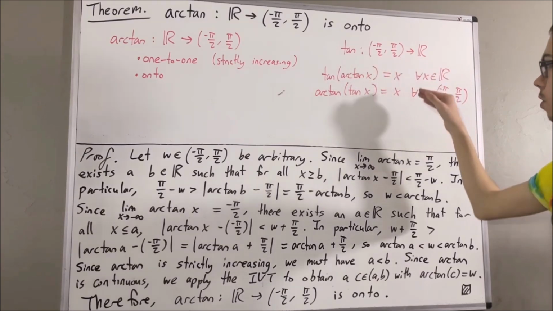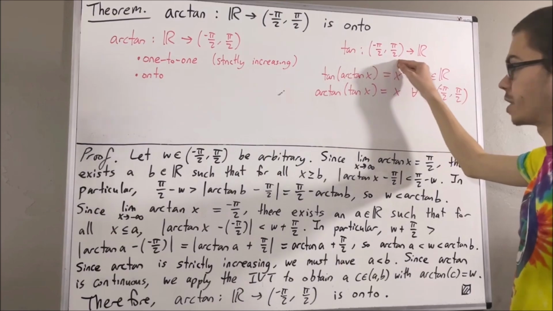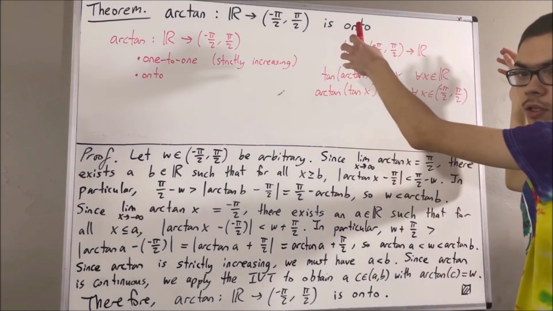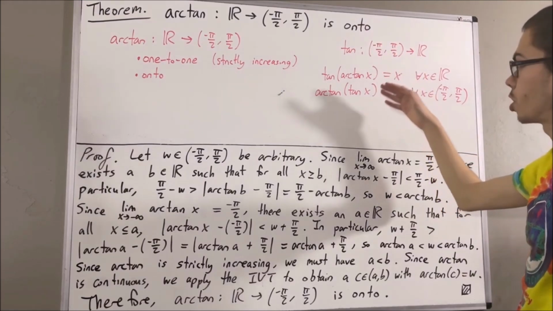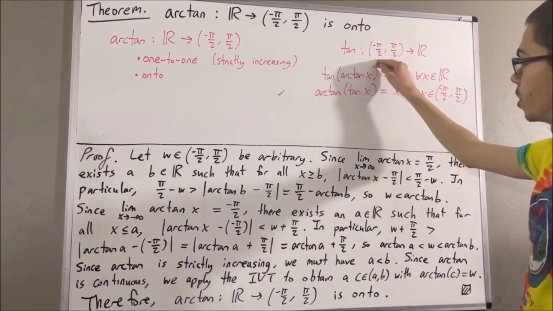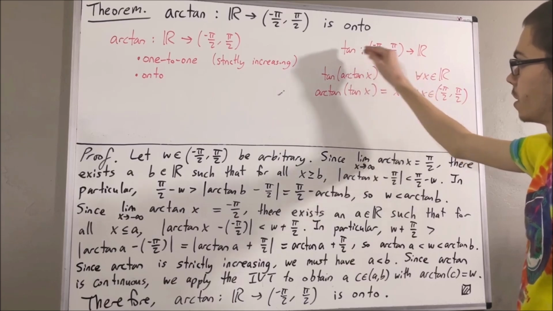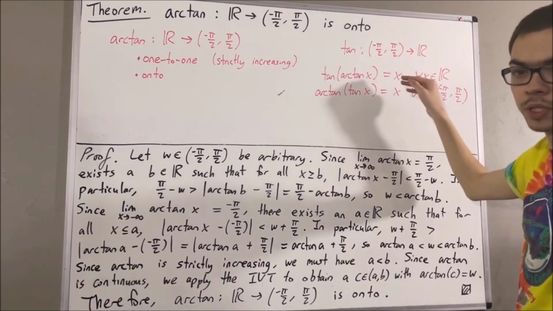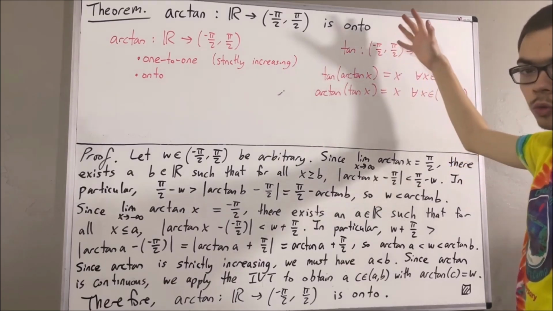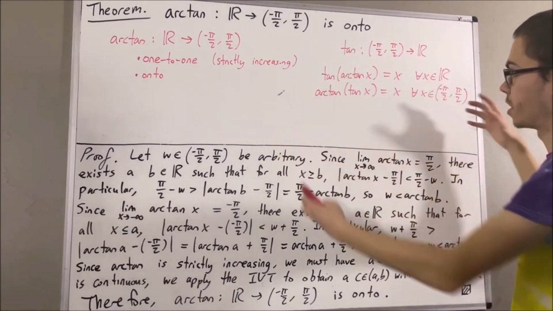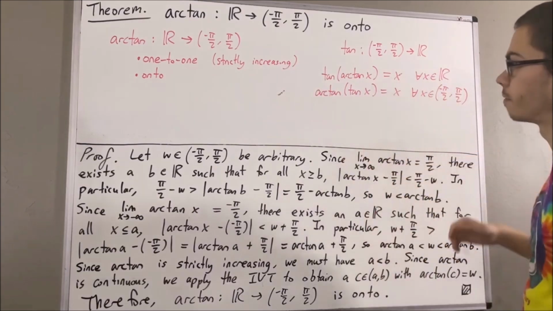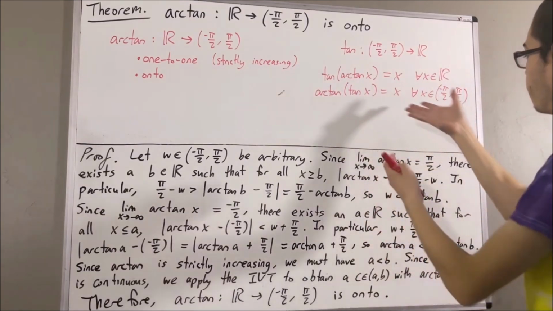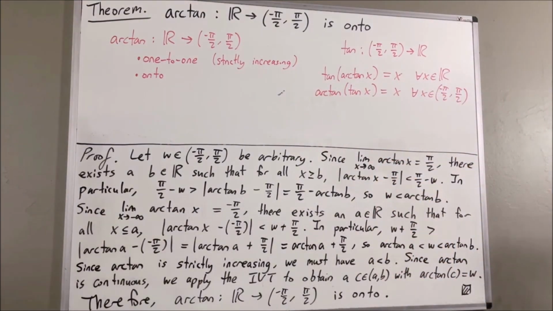Now, soon, we will extend the definition of tangent to a larger domain, right? We'll define the trig functions sine and cosine, and we'll show for all x in the open interval negative pi over 2 to pi over 2, the tangent of x is equal to sine x over cosine x. And then we'll use that to extend the definition of tangent to be sine over cosine for larger domain. Right, so this is pretty much where we're at so far. So yeah, that's pretty much it for this video.